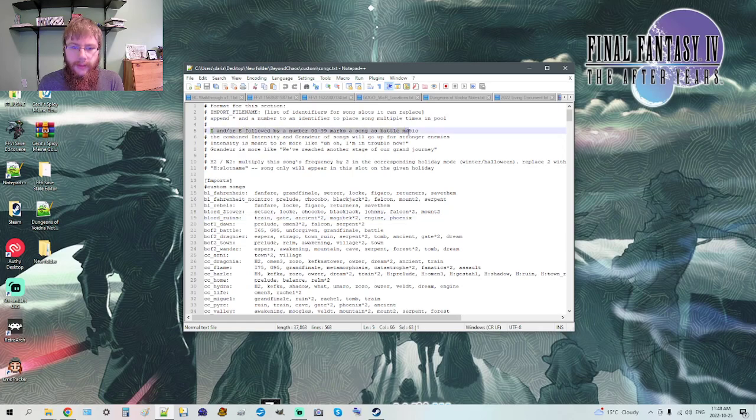Then INE is for battle music only. If you want something to be able to show up as battle music, you can do that. It's a two-dimensional scale too, and I mean two-dimensional as in there's two different variables, not that it's like paper thin or shallow or anything like that. It's a two-dimensional scale that allows you to kind of rank songs in terms of how epic they are. There's a whole note here about what it's supposed to be, and you can see that